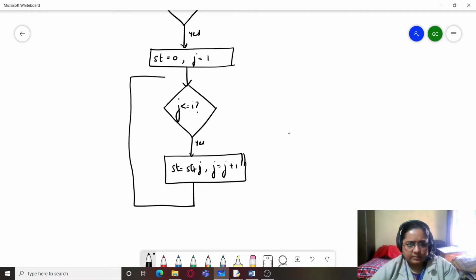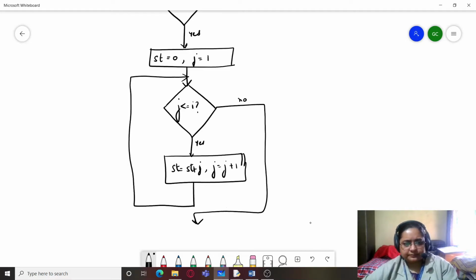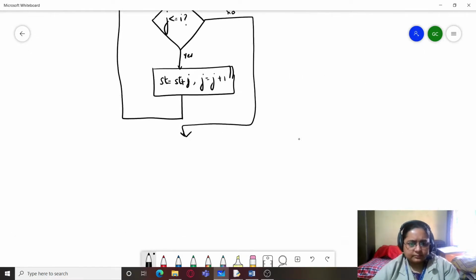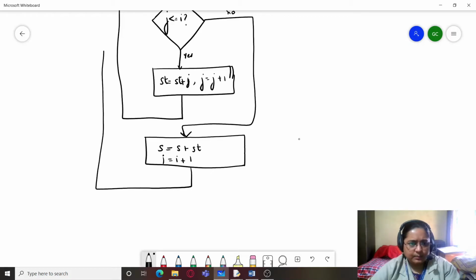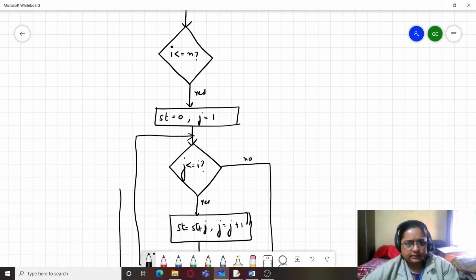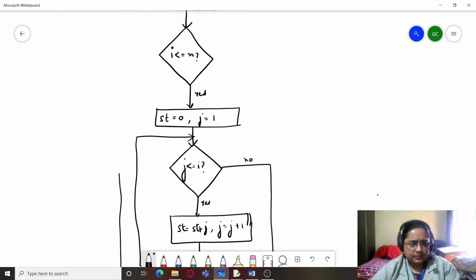And now we will again be looping back to this, and if this condition is false, then we come to the next statement here. And here we will be computing the sum of the main series. So S equals S plus ST and I equals I plus 1. And again it will loop back to the upper loop to this.